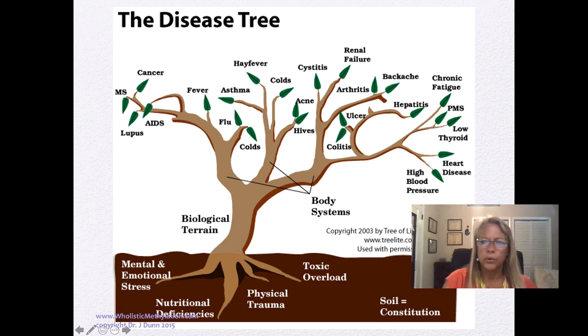All right. So, again, we kind of commend ourselves for not looking at symptoms. We try not to treat symptoms, which are on the top half of this chart, but we've been looking at mental and emotional stress, nutritional deficiencies, physical trauma, toxic overload. We've been looking at the soil or the constitution of the body. And so that's served us well, but still, I think we've missed that one little piece that can have